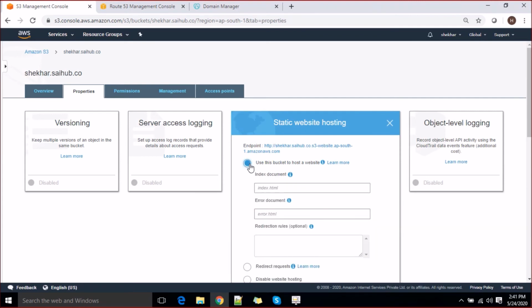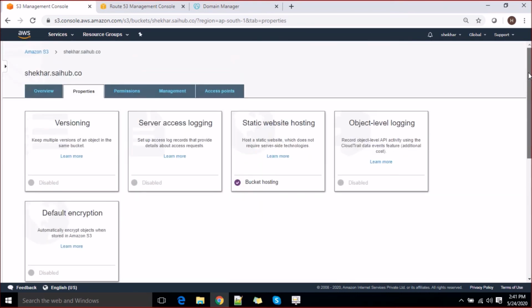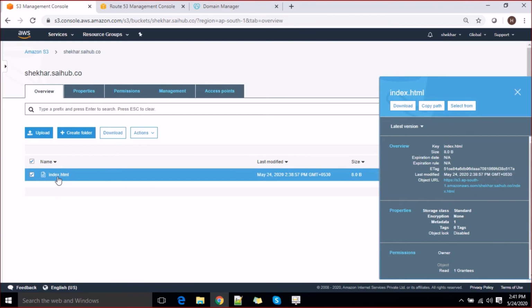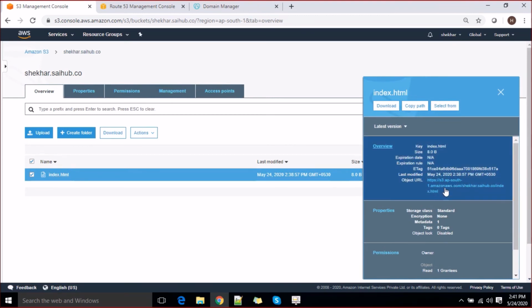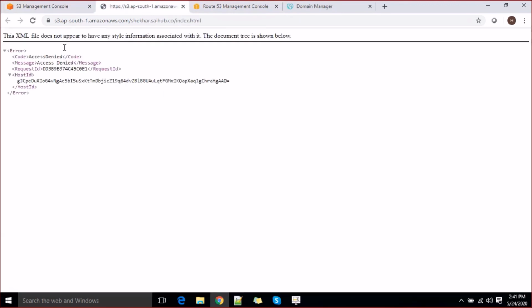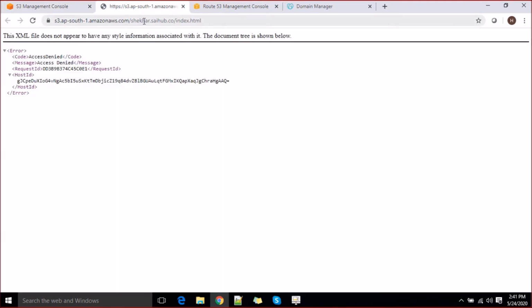You can say use this bucket to host a website, so I'll call it index.html here. Go ahead and save it. Alright, so go back to your bucket again, open this, get this endpoint and see if this works fine. This says permission denied at this moment, so let's make it public now and see if it is accessible now. So you can see the site is accessible, right?